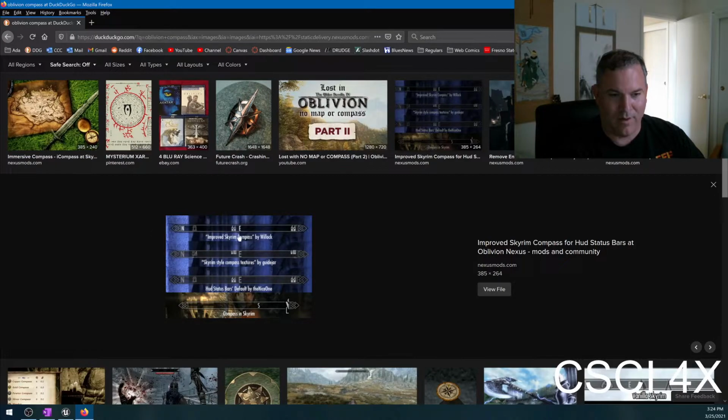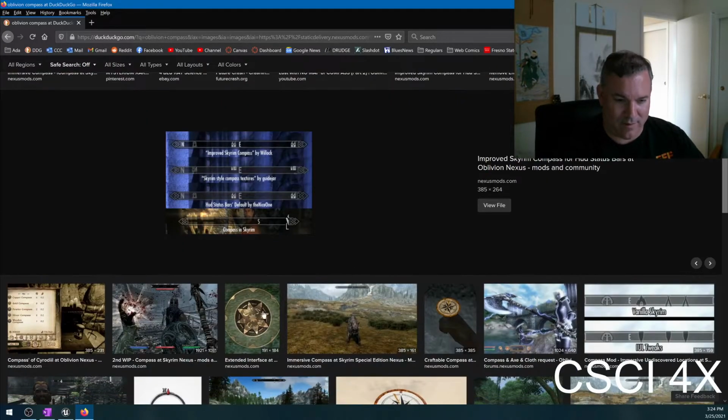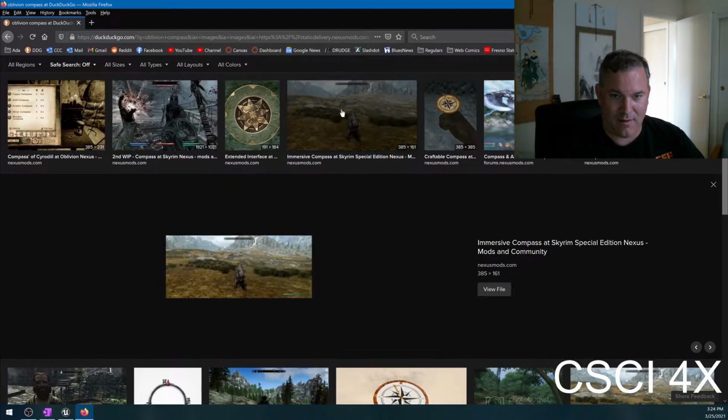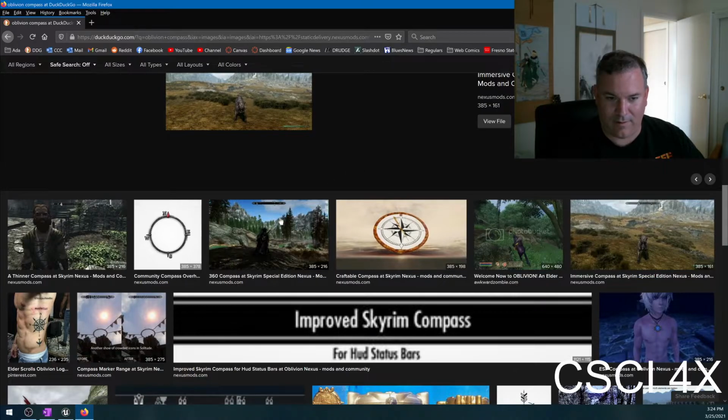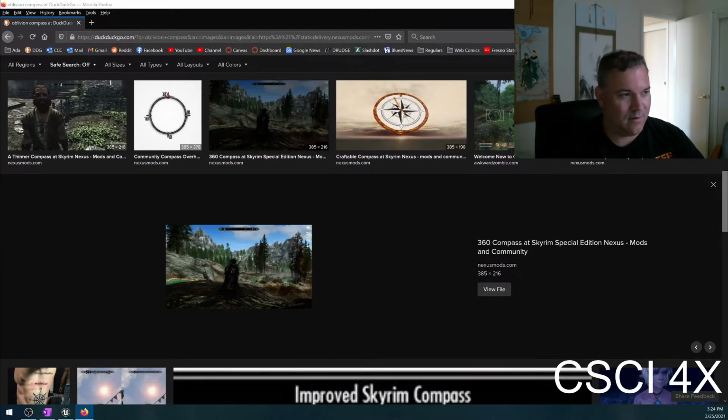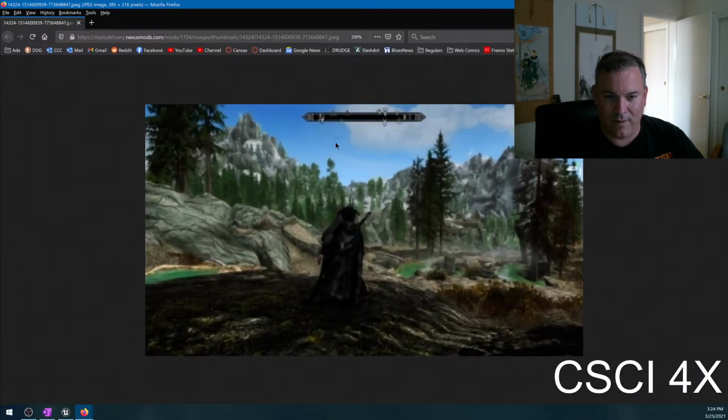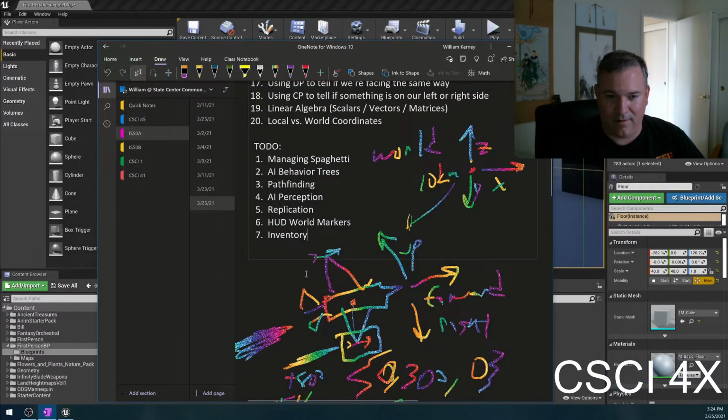Yeah, it's Skyrim. But they have this little thing up at the top here, and all you have to do is slide the texture around using the UV coordinates. It's not very high detail. It's so low res. Yeah, you just basically slide the texture in the middle around based on your rotation around